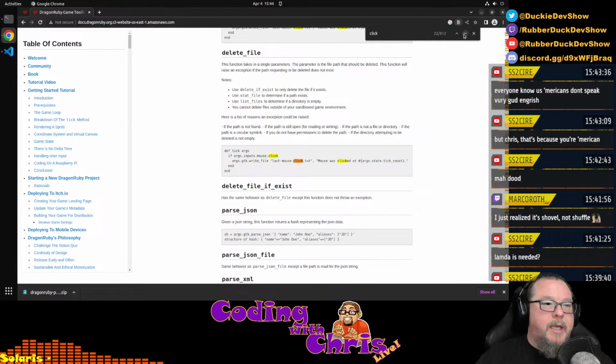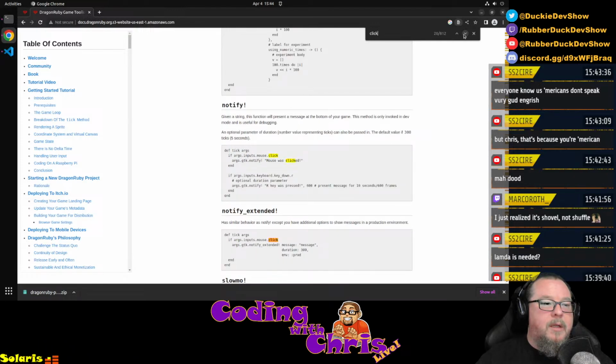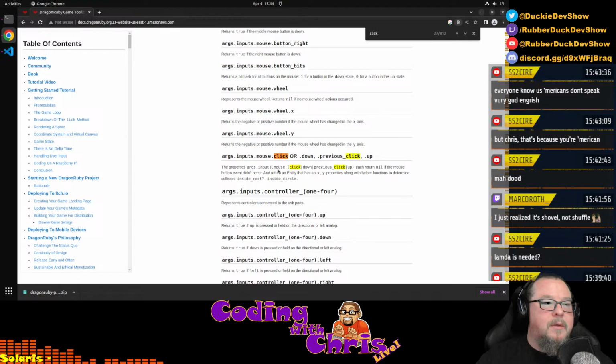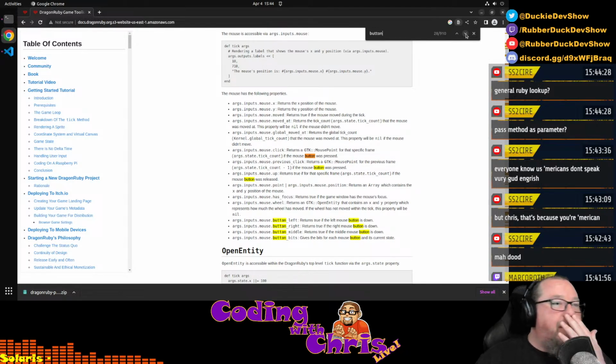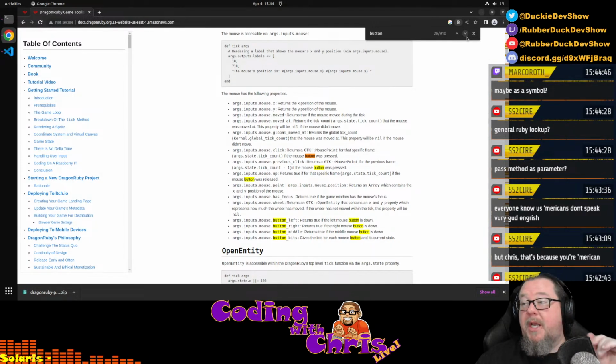Yeah, I don't want to know where it's clicked at. I want to know if you have a click event. Let's see if they have any button bits. General Ruby lookup. Well, but I'm not sure what. No, maybe. But I'm not going to know if there's some weird mrubyism with that, is one of the problems. But if anybody has a,